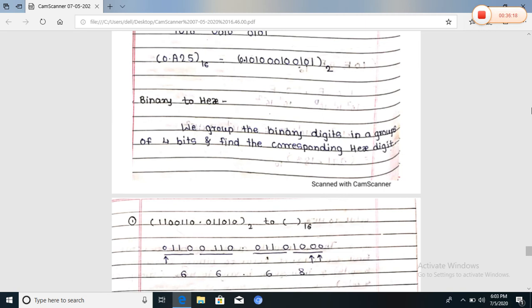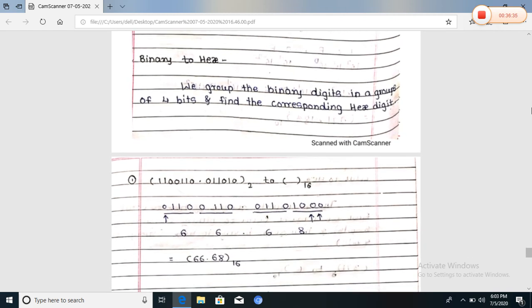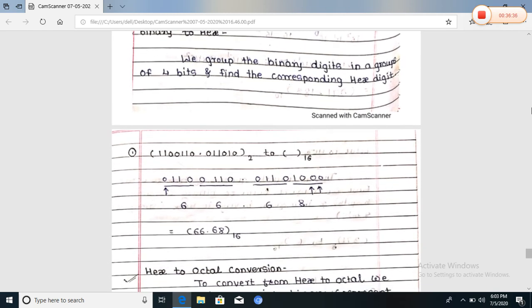0110, this is a group of 4 bits. Next 10, there are only 2 remaining digits, but that does not represent 4 bits. So we have to add 00 to complete the bits, and that number is a group of 4 bits, and that number represents